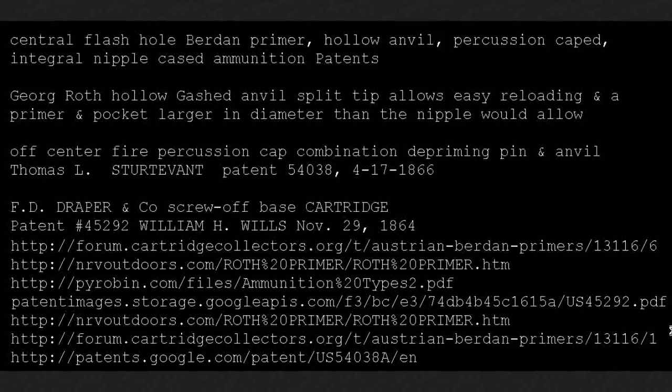So anyway, a central flash hole for a Berdan primer, which normally has off-center flash holes, which make it hard to remove. You switch over to drilling a hole through the anvil for it, and use percussion capped integrated nipple and or tube type design encased ammunition itself, only involving really just taking the ammunition and not drilling the flash holes except in the center, and either cutting a small slit on each side or doing some much more clever methods. And all this was based on really the impetus of let's reuse stuff from cap and ball days and muzzleloader days, because they're available and the patents are wearing off, and or making it to where the ordinary user could reload their ammunition without having to spend a lot of money on the newfangled single-use and throw-it-away cartridges